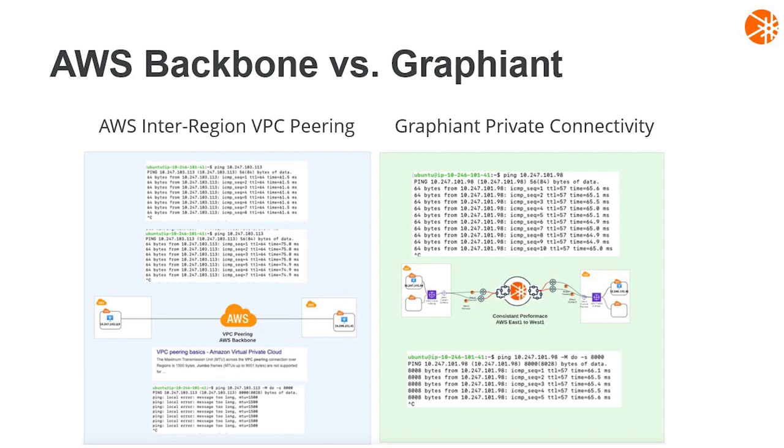And another thing that I want to mention is the jumbo frame support. We actually support jumbo frame over our backbone, connecting to different CSPs. For example, AWS to AWS, AWS to GCP, AWS to Oracle, AWS to data center. Any of those combinations, we can support jumbo frame. Versus some of the solutions out there, I think we're the only one that can support jumbo frame for intercloud today.